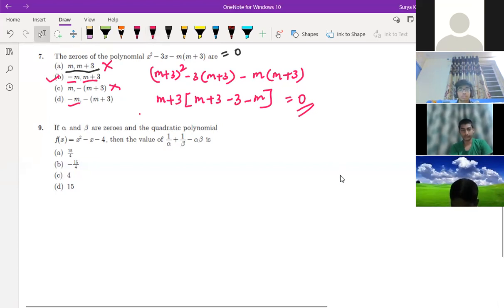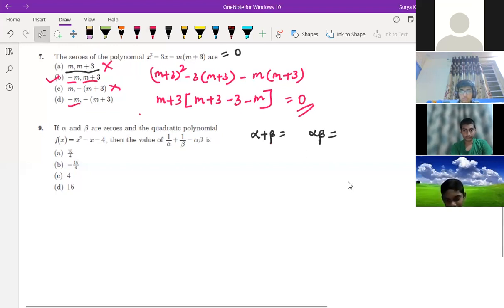Same answer you're getting, Adarsh? I got 15 by 4. Okay. You are not getting it, Adarsh? I'm getting, sir, but I did not do it. Okay, what you are doing, alpha plus beta, what did you get, Adarsh? Tell me alpha plus beta and alpha beta. I know, but I didn't do it, sir. Then which method are you applying? Do you have any different method for solving this? No, sir.